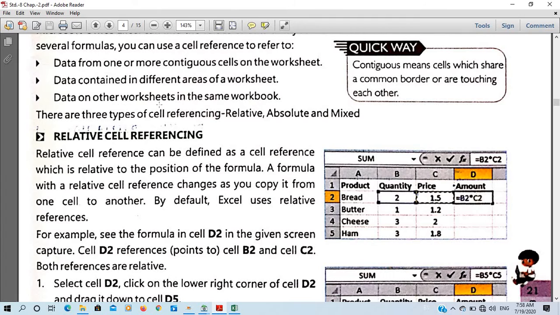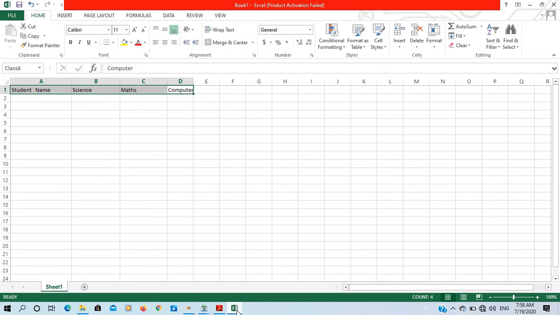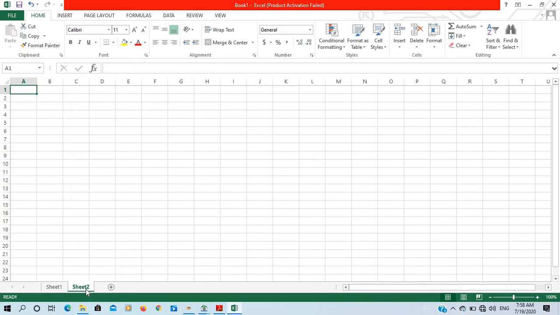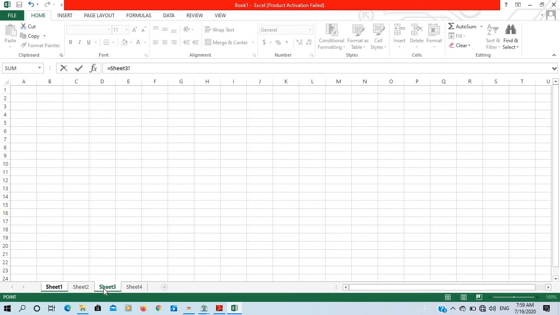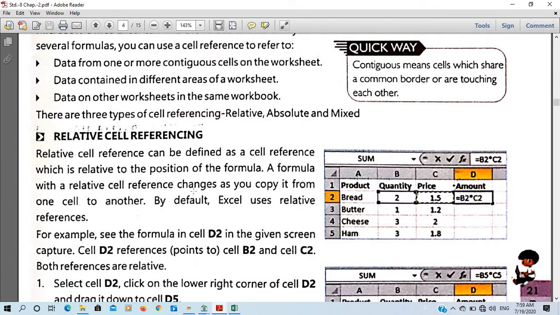Data on other worksheets in the same workbook. See, I'm explaining you the concept of workbook. I had also explained previously. See, this is a worksheet, and here it is sheet 1. When we click the plus sign here, then we have more than one sheet, and this collection of sheets 1, 2, 3, 4 is known as a workbook. So if you are writing a certain formula here, then you can fetch the data from sheet 2 also, sheet 3 also. So that is why it is said that you can refer to